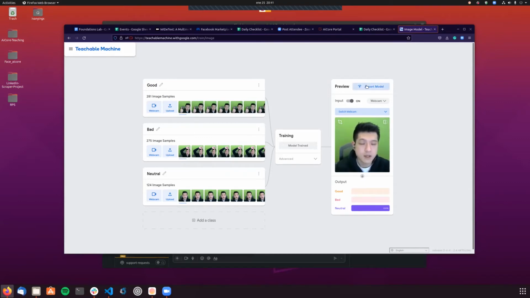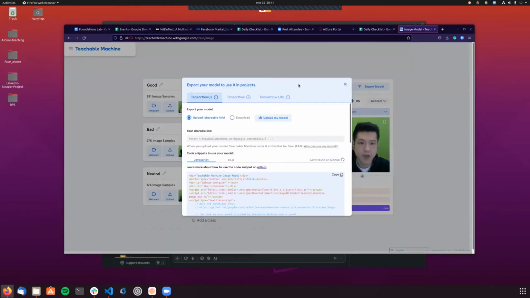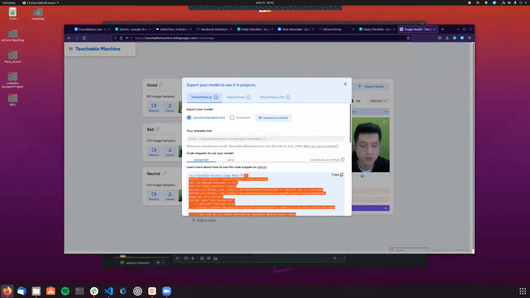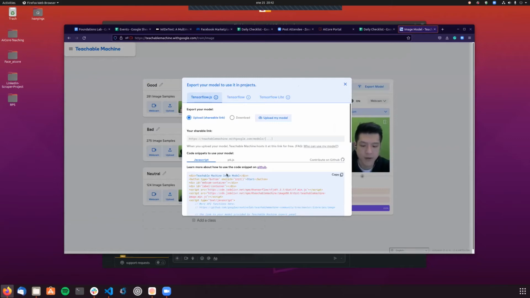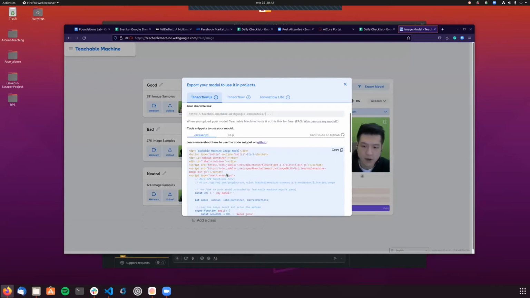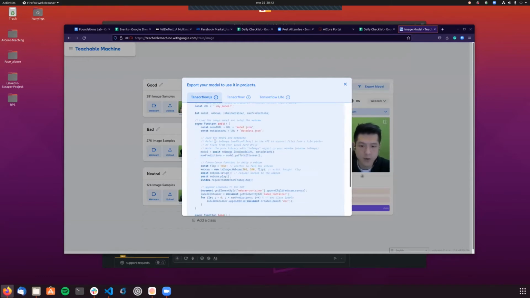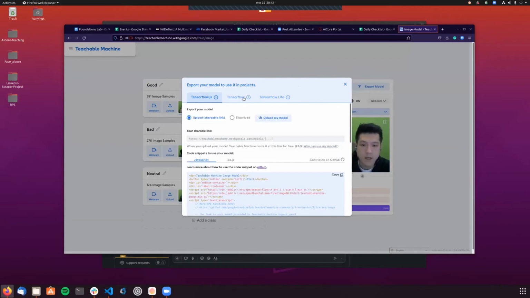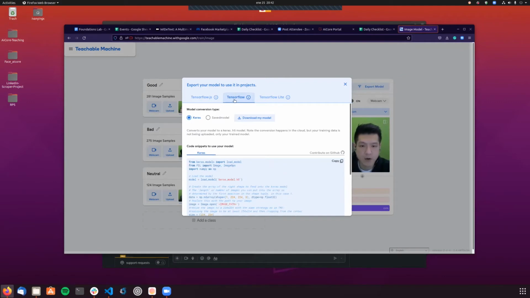Well, all right. So now that we have trained our model, it's time to export the model to our local machine. You will see that we have many options. We have TensorFlow JS, which is basically an embedded code that you can put on your website. If you are developing a website and you want someone to get access to your model easily, you can copy paste this HTML code inside your website, and anyone can get access to that model anytime. But what we are going to do now is download the normal TensorFlow, which is the one that we are going to run